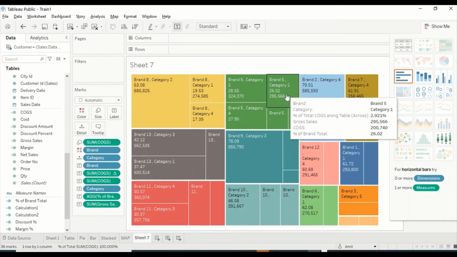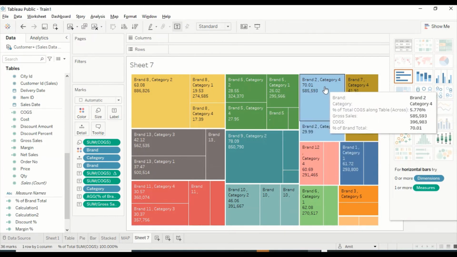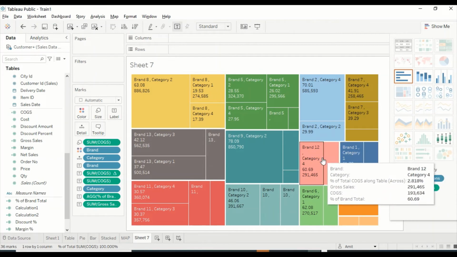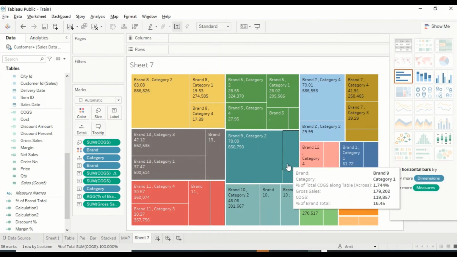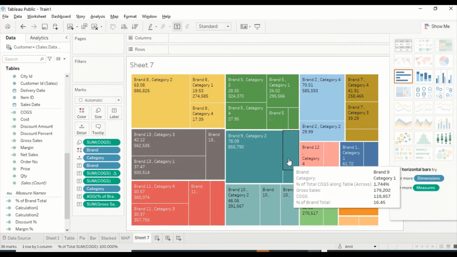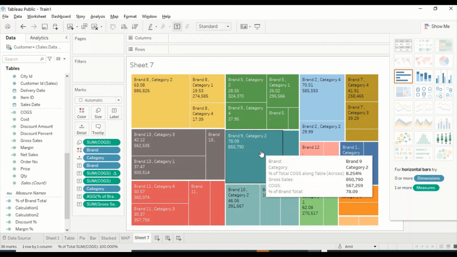So the one brand has the same color, and inside that one your categories are getting distributed to the 100%. That's what we have done right now. So we are showing the label for that 100% distribution. It was happening previously, the only thing is the label was not appearing, and we have now added the label, and now you can sum up and see whether it's 100% or not.